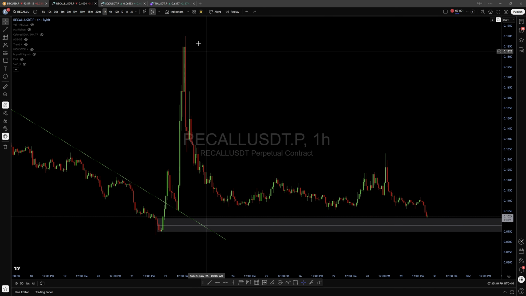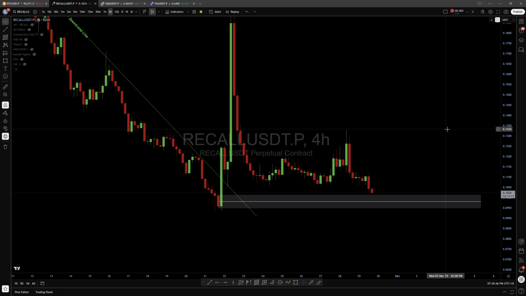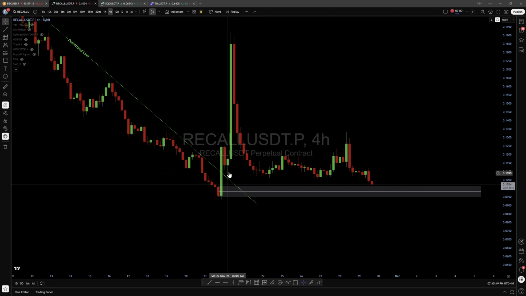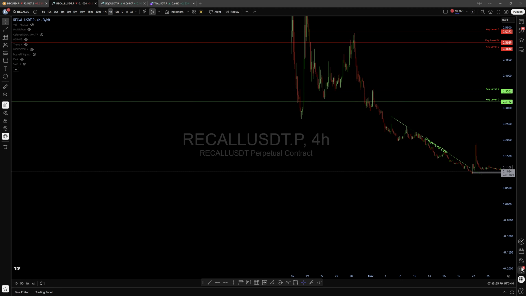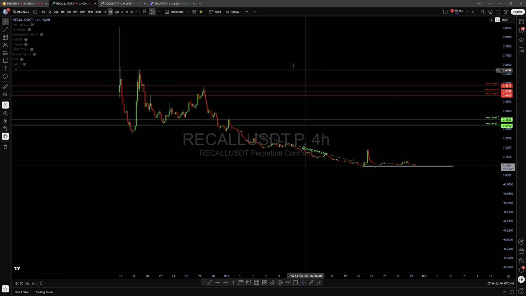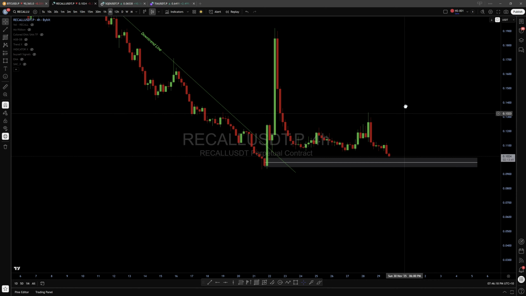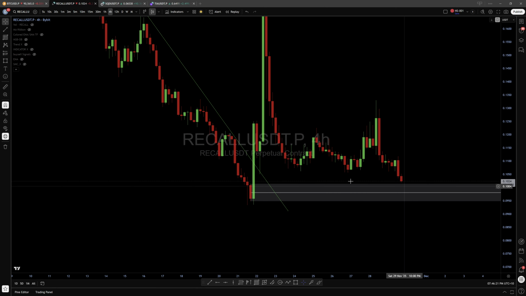So in that case, what I did, I drew a 4-hour order block, and I'm waiting, because oftentimes when I see this happen, it had the reaction of the trend line. But this thing's been coming down for a long time, and it looks like it's starting to level out to where the moving averages are going to start to catch up with it. Maybe not that one, but I've got other moving averages. Maybe it'd be on a lower time frame because there's not enough data to do it on the 4-hour for the 800 EMA. But anyway, now it's just kind of going sideways and consolidating,